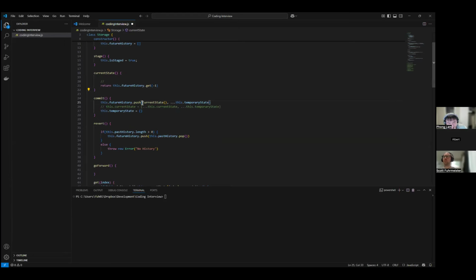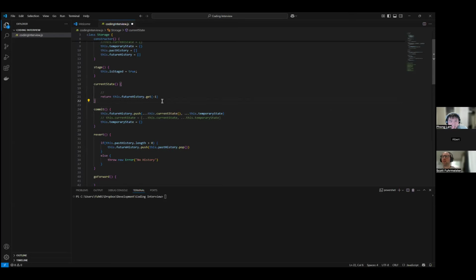Oh, sorry, I have to spread it still. You have to do this dot current state and call it. Oh, it is too, it's a function. Sorry. But this one, you are just pushing in the temporary state after the current state.